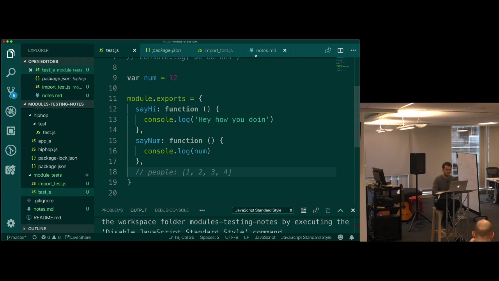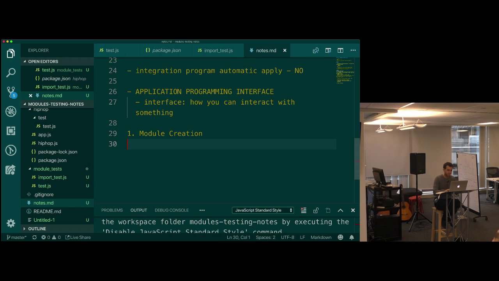Let's see if we could come up with something. I'll call these modules packages, because module and package are kind of interchangeable as terms. What if we had some package manager, so that I could say, I would like to download and import this package, or I would like to uninstall this package?